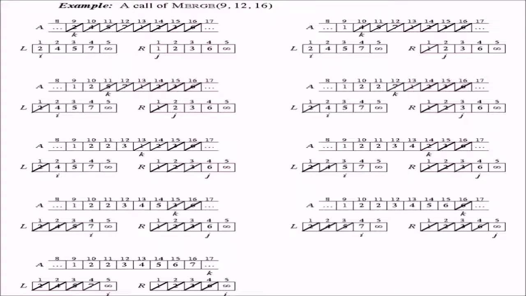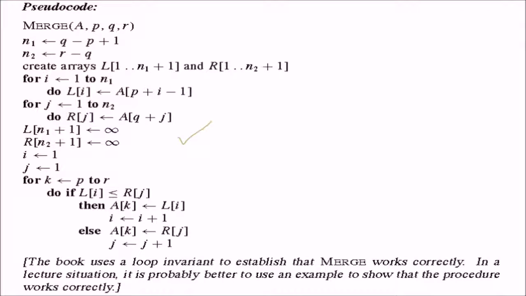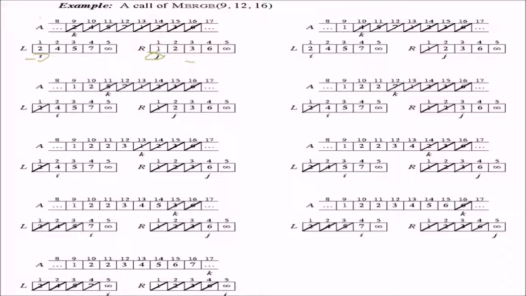We want to merge. We have from 9 to 16. This is the left part, this is the right part. Now we want to merge. So i is here and j is here, as represented in this pseudocode. We compare 1 and 2, and which one is the smaller? 1 is the smaller, we cancel it out, and now j moves to this position. Now we again compare i with j, 2 and 2. The previous one we cancel like this, and we place it here. Okay, 1 is here, 2 is here.